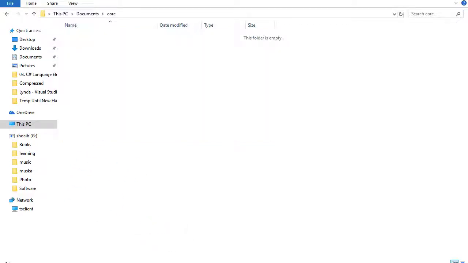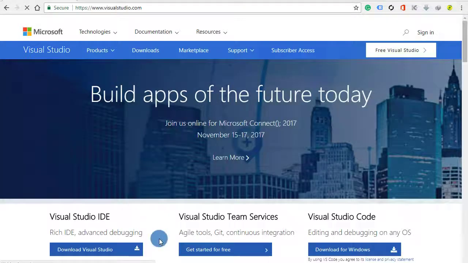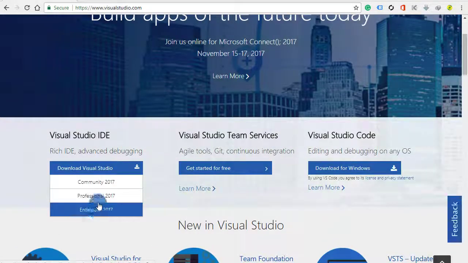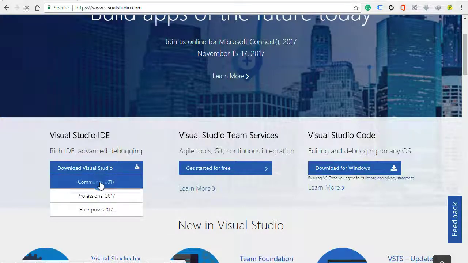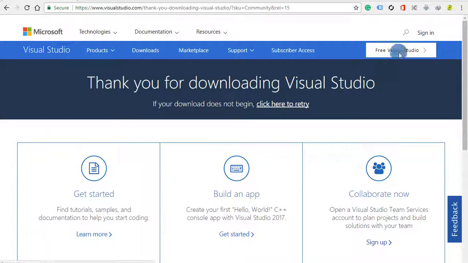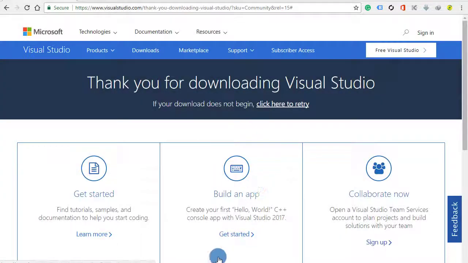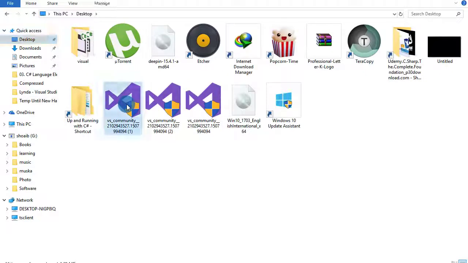I have already installed Visual Studio, but if you want, Microsoft provides it for free. Just go to visualstudio.com. There is a community edition. It is all you are going to need. There are Professional and Enterprise editions for professional work, but for learning purposes, Visual Studio Community edition is perfect. And download it. After downloading it, it's a 25 MB something. Just run it